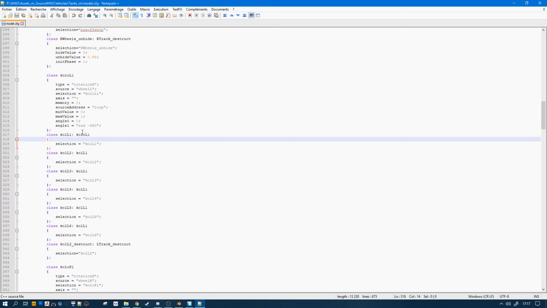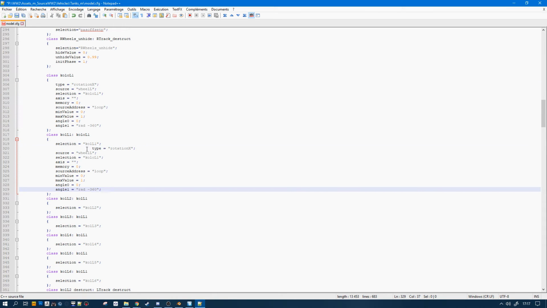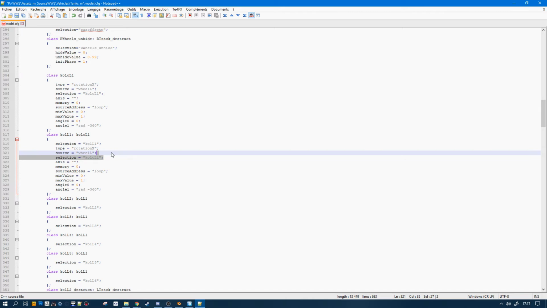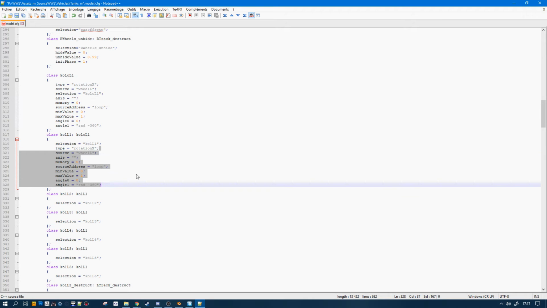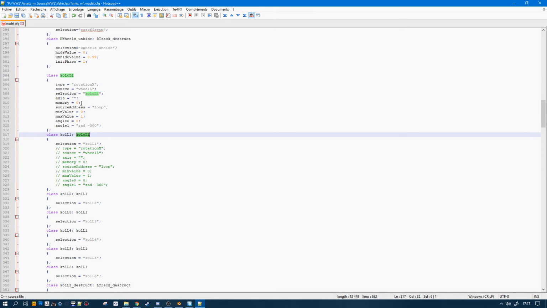It means that everything here exists. You don't have to rewrite it. And if you write it, it's okay, it will work. If you remove it by commenting, it's going to work as well because you are inheriting.